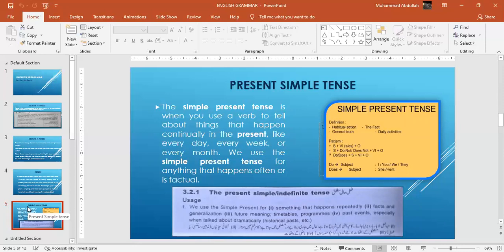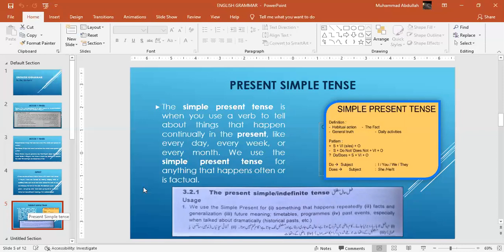And now let's define it more clearly to have a clear idea of the tense. Present simple or indefinite tense. We use the simple present for something that happens repeatedly, right? Number 2, facts and generalizations. Number 3, future meaning, timetables, programs. And number 4, even for past events, especially when we talk about past events dramatically, and it is called the historic past or historical past. Okay,